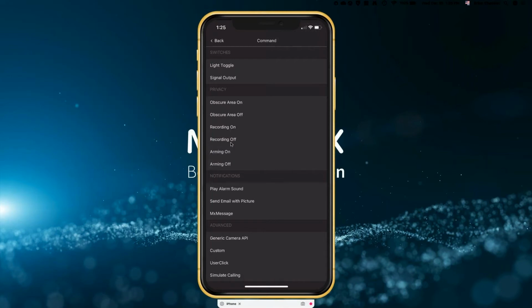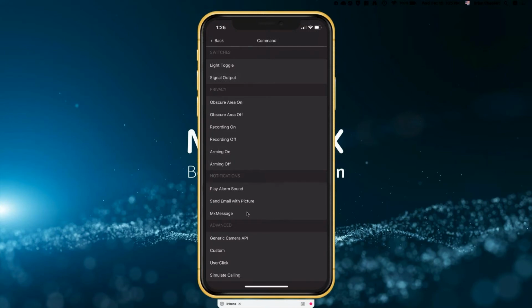So you can turn that on and off, recording on and off, again from a soft button, arming on and off. Some notifications: play an alarm sound on the camera that was programmed into the camera. Send an email with a picture from the camera, again from this app, just by touching that soft button.